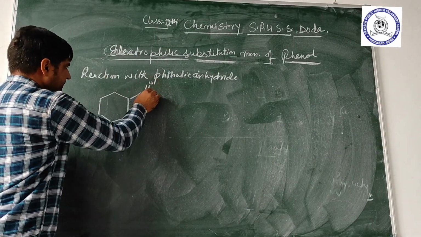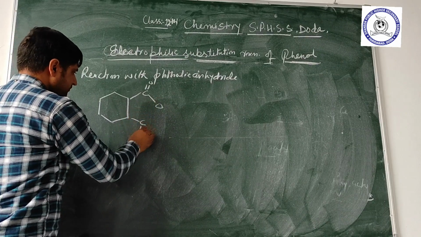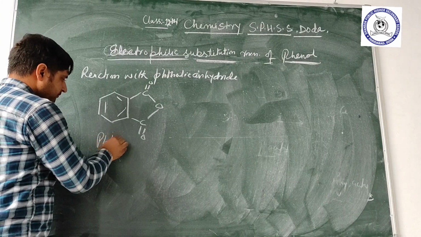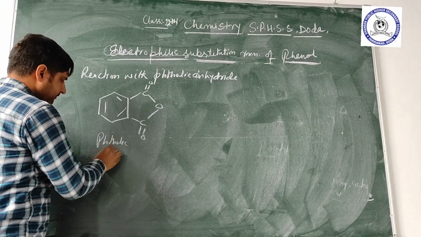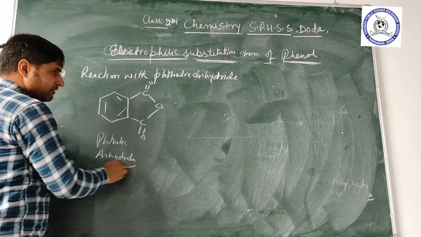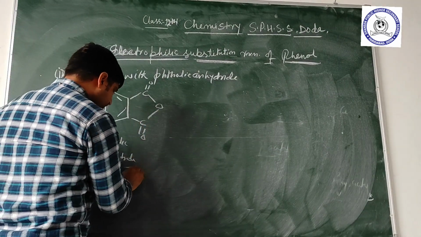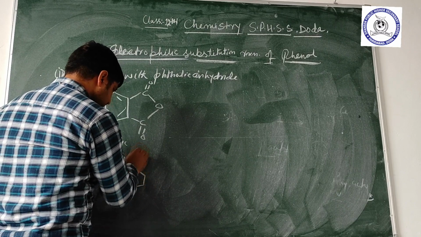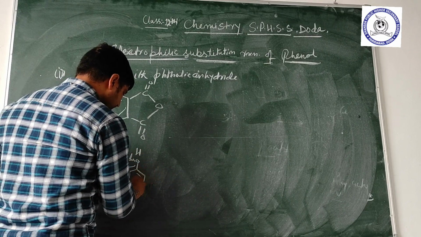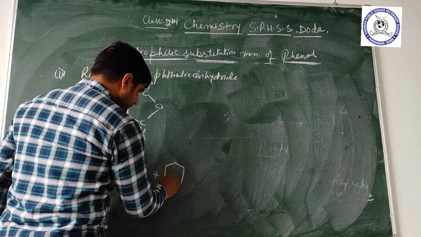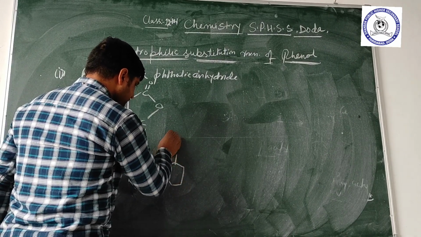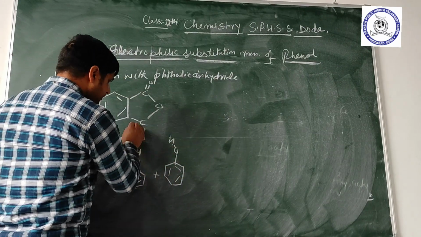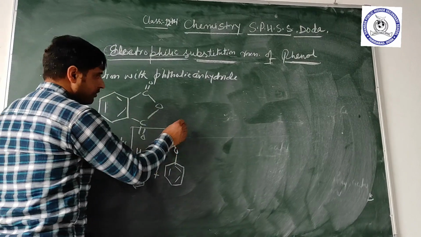This is called phthalic anhydride. When treated with 2 moles of phenol, this is 2 moles of phenol, they evolve the loss of water